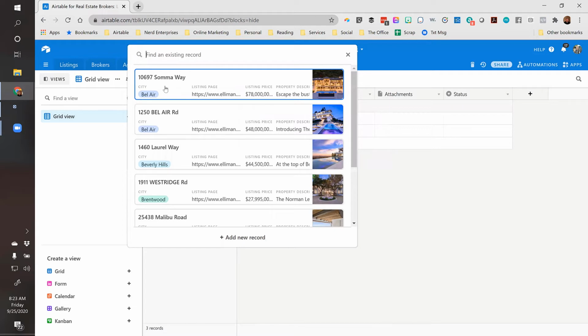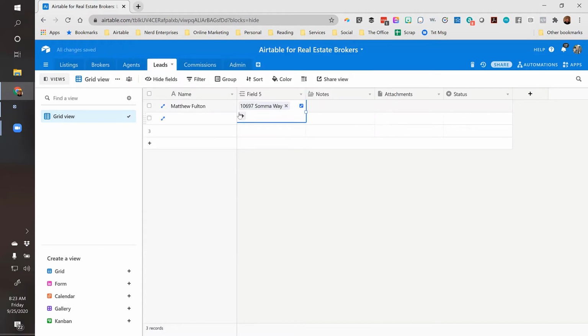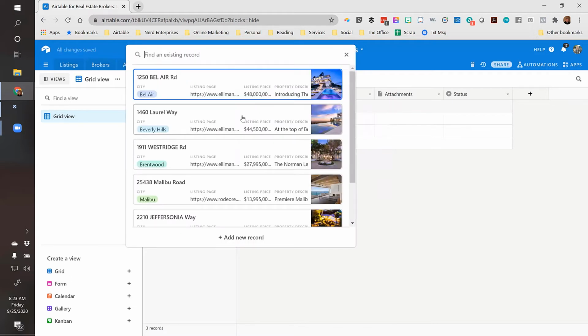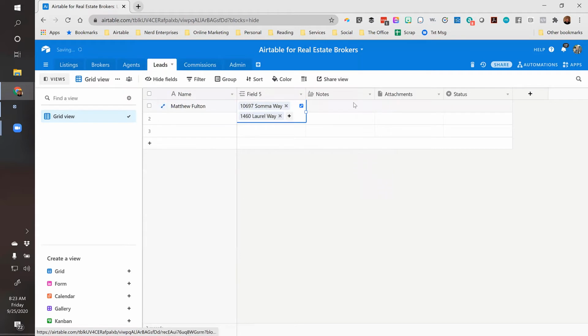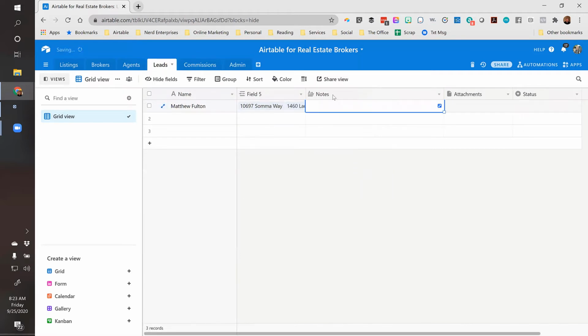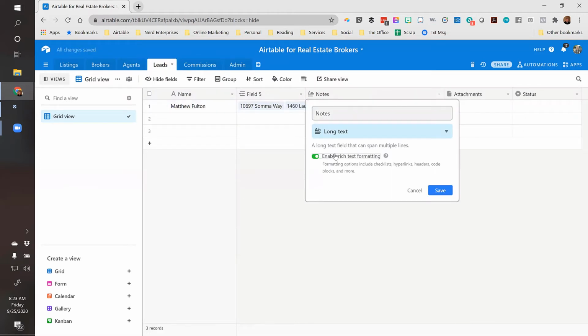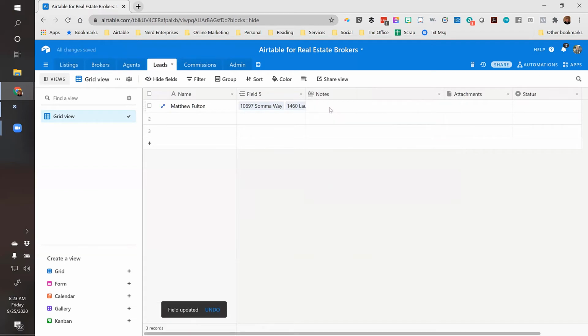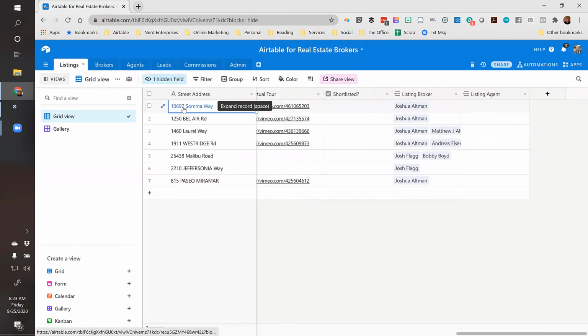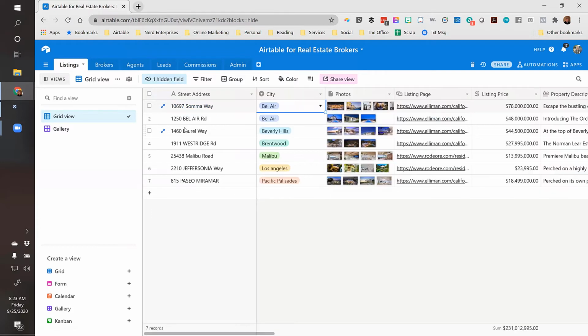And I can see, okay, Matthew's interested in this one. And let's say he's also considering, slumming it a little bit. And instead of Bel Air, he's going to look at Beverly Hills, right? And then again, I have a notes column. I can enable the rich text formatting so I can make notes and explain what Matthew's interested in and why, right? And then again, if Matthew is very close to buying the 10697 Soma Way,